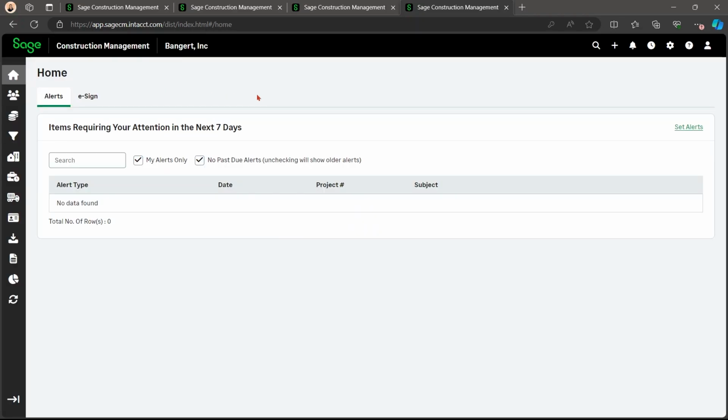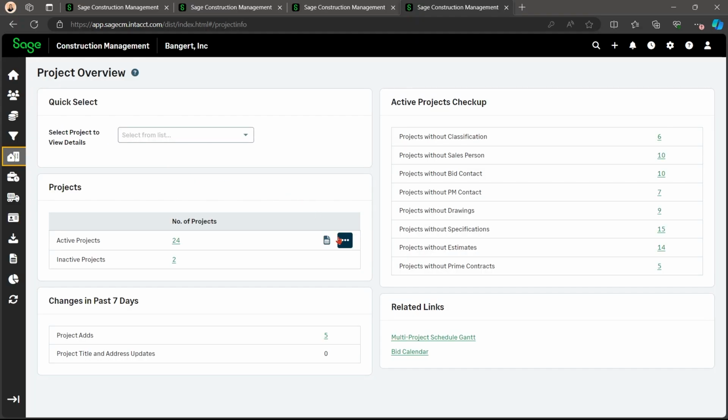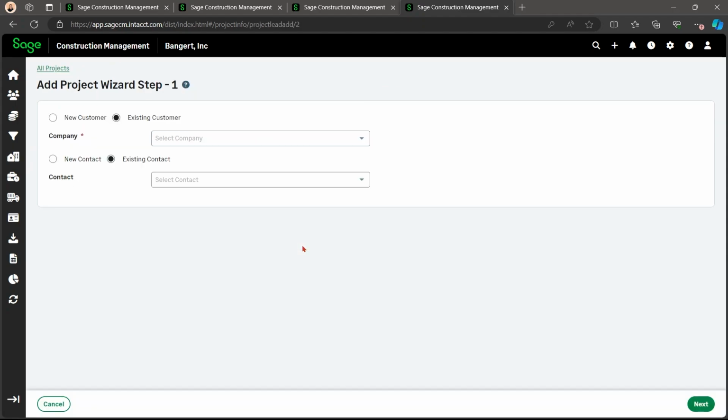Make sure to have your latest set of project drawings, preferably in PDF format, and the same thing with the project specifications. If you are a new user, make sure to create an import spreadsheet that lists the cost codes and budgets for the project. To start, we're going to go to projects, click this little action button here, and add